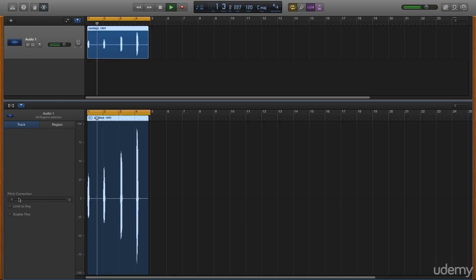Beep, beep, beep, beep, beep, beep, beep, beep. Okay, so with pitch correction all the way at 100, you can hear kind of a mechanical sound